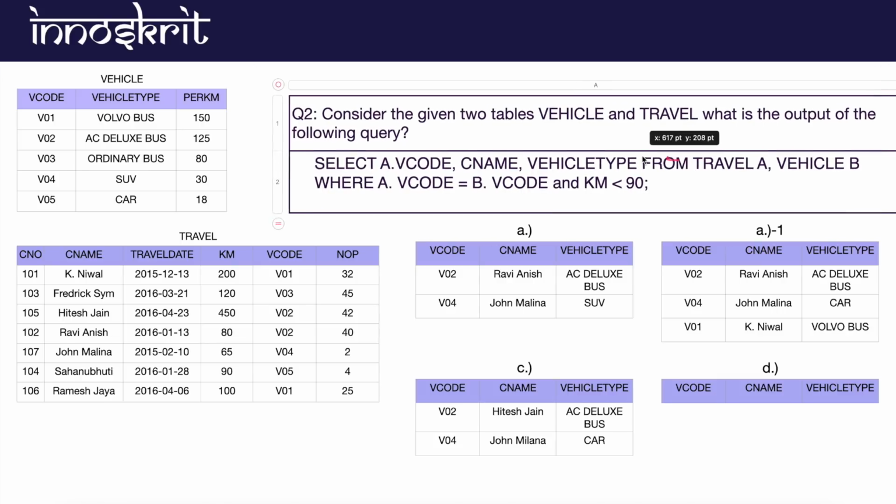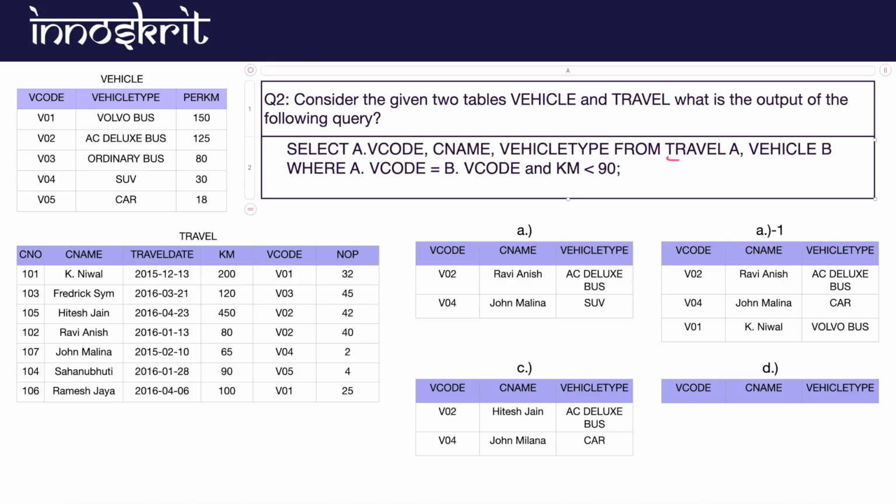So now let's understand this. First of all, we have a from clause. Using the from clause we will be executing this query. Let's suppose this is the from clause. Now it is saying that we have to select the data from both the tables, travel A and vehicle B. Whenever we write two tables, two relations, separated by a comma, the whole data is converted in such a manner that the first row is combined with all those rows, the second row is combined with all those rows, similarly the third row, the fourth row, and the fifth row are also combined with all of these rows.